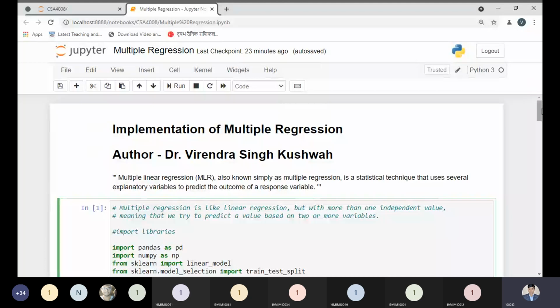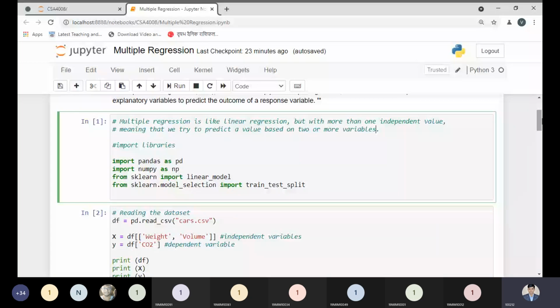Theoretically, multiple regression is basically like linear regression, but with more than one independent variable. We try to predict some value from two or more variables, and those are the independent variables.